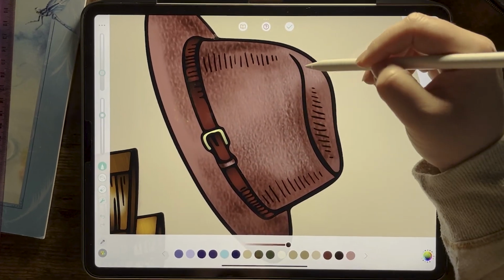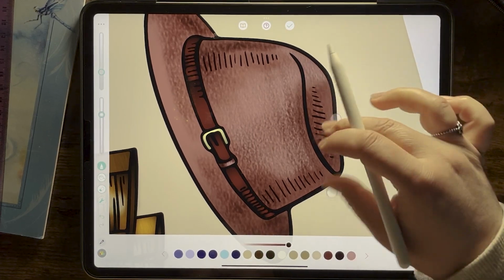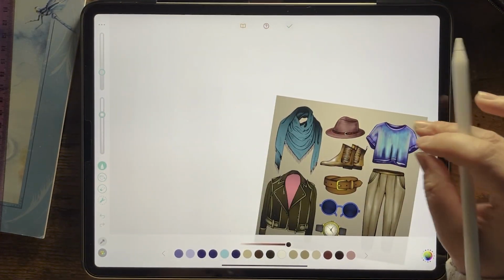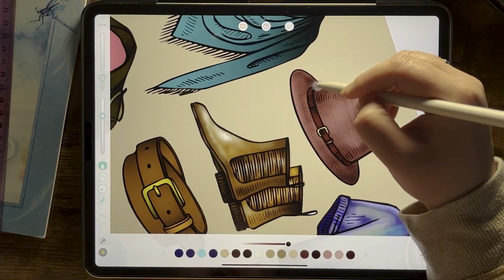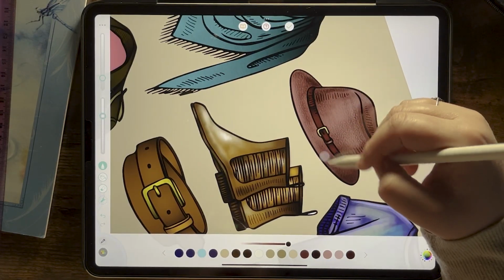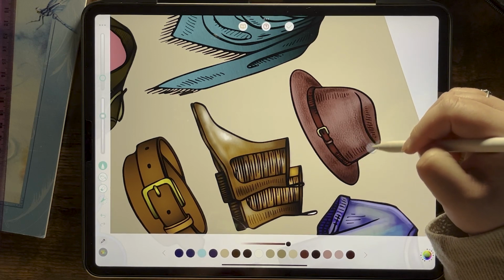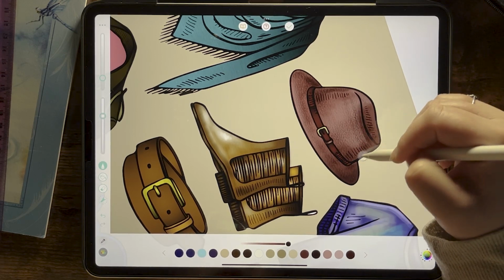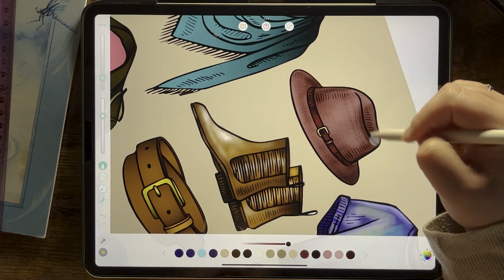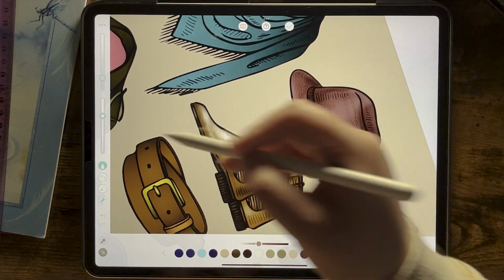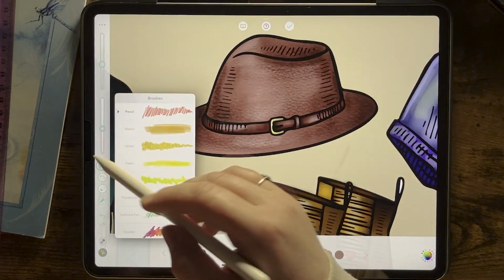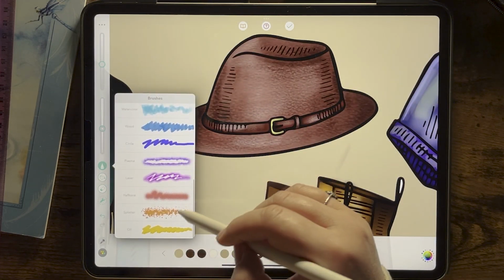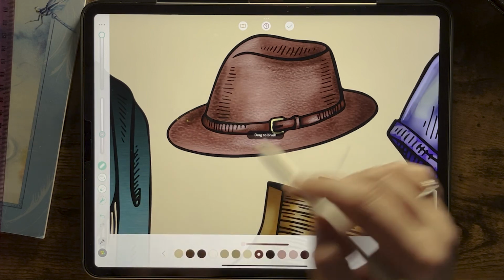I just want to create almost like that highlighted bumpy hat look, and you get that shine happening in the hat, right? And don't forget to shade, so add in your darker areas and then your lighter areas, and that brings your eye in, and it gives whatever you're coloring dimension. And we might sneak in and use the glitter or the laser for some highlighting on the buckles and